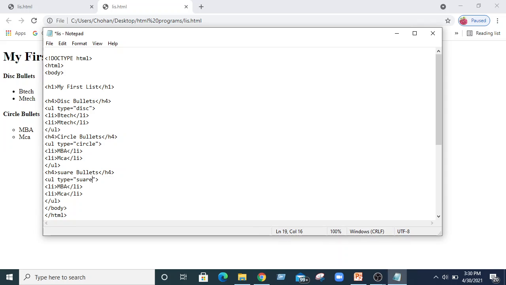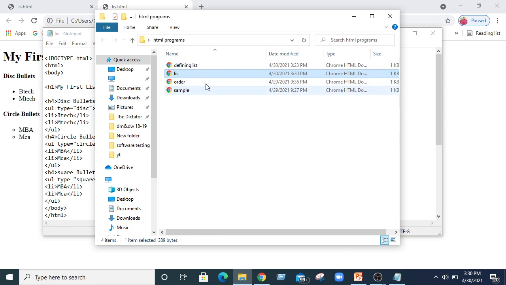I am not changing the values here, to show the difference. Now we can execute this program. Now again, if you see this, you can differentiate the disc bullet, circular bullet and square bullets too.